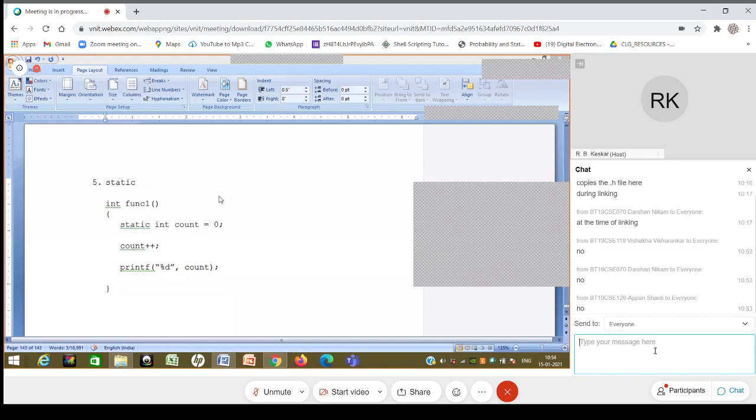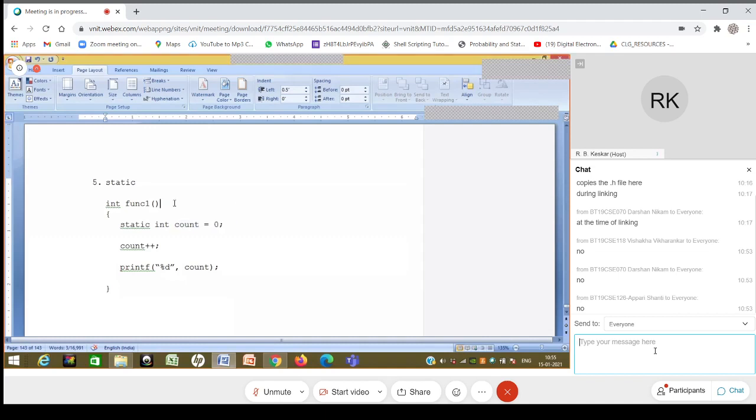I mean, it will be available when the next call to the same function is made. So the small point which I'm making is that these variables are not part of the activation records. Okay, so with this we complete our discussion about the qualifiers, where we discussed the const, then the register